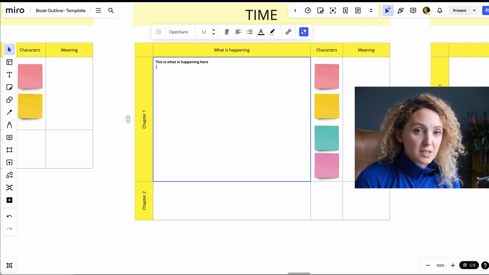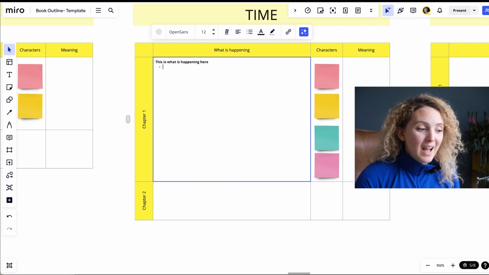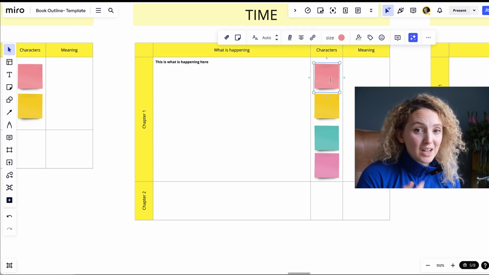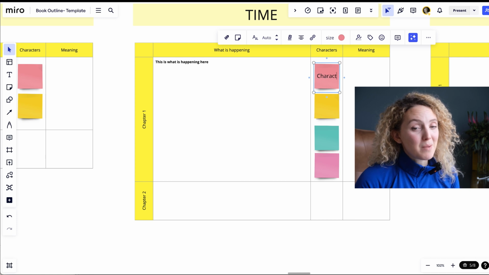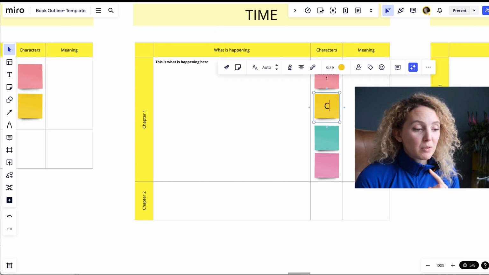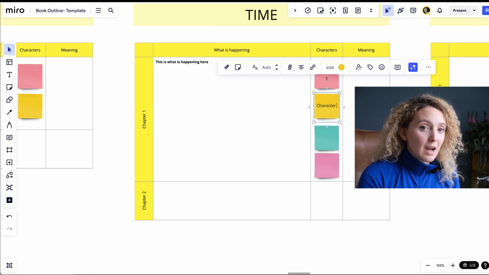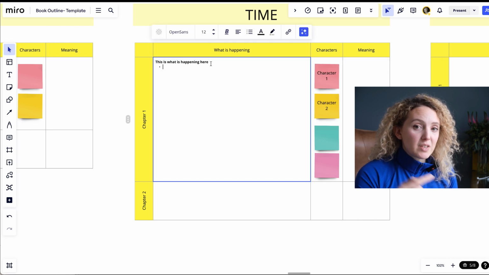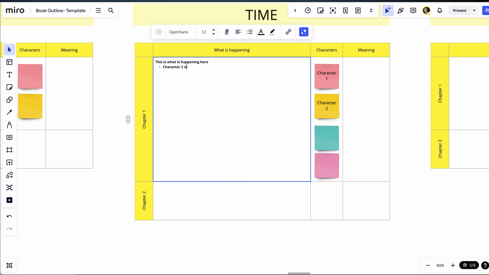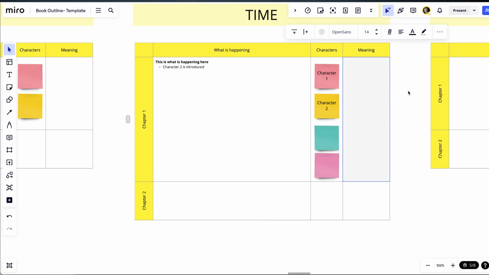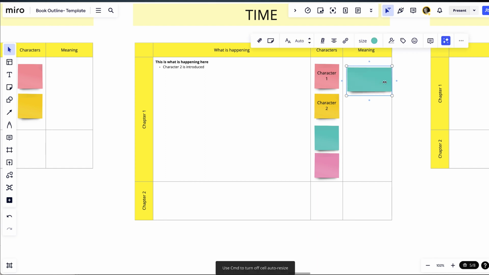So I'm going to add little stickies for when that character shows up. And I don't even have to think about what's happening and why that character's there, because I know exactly how they're interacting with my main character. So having the way that I've set this up is helping me immensely. It shows which characters show up in that scene, and this is now allowing me to really call out the poignant areas and meaning, or poignant things that I know that I want to call upon in these